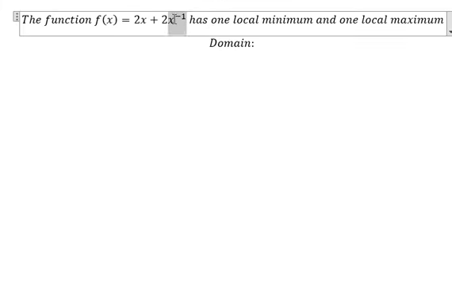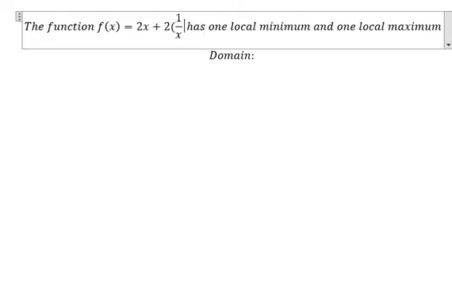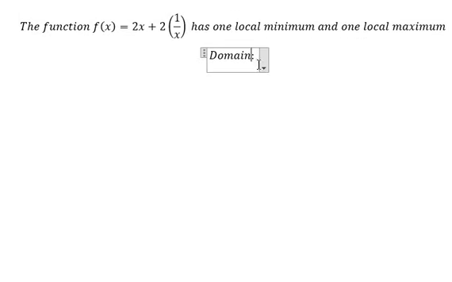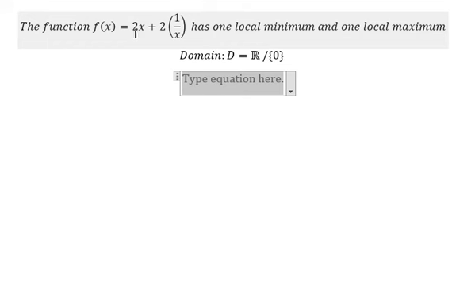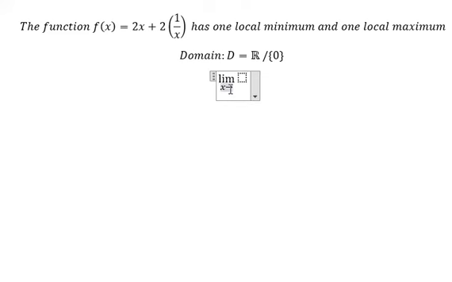We know that x to the power of negative 1 is 1 over x. So in this situation, the domain is R, and we need to reject the number 0 in here. So we need to find the limit on the left and the limit on the right of number 0 in here. So for the limit on the left,